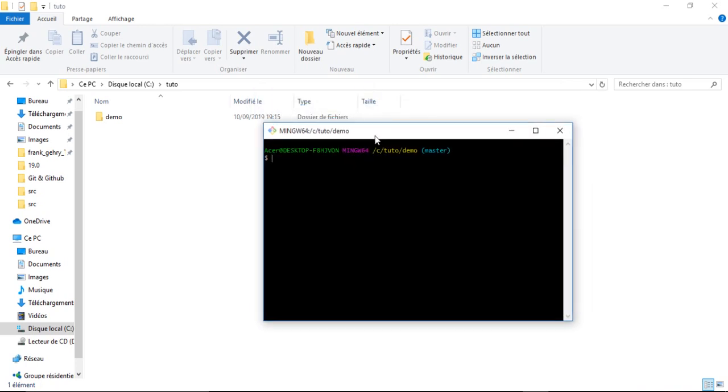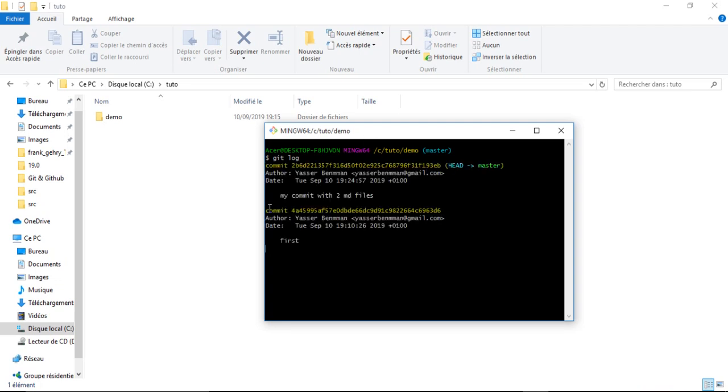Now what if I want to know every single commit or every single git command that has been written in the git bash, or let's consult the log file. To do that we will put the command git log, hit enter, and it will show us first the git of my commit. This is the message